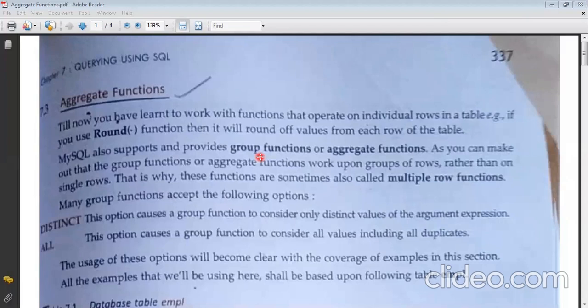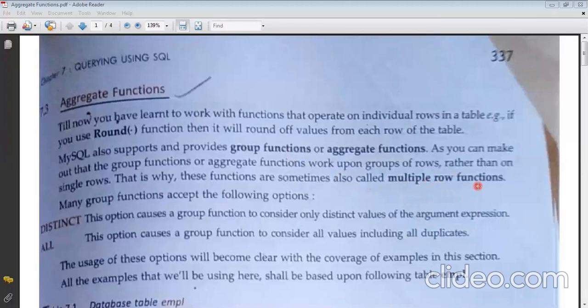So that way we can see that it is working on a number of rows together, in a group. That's why they are also said to be group functions, and can also be said to be multiple row functions, since so many rows are involved in finding out the output.